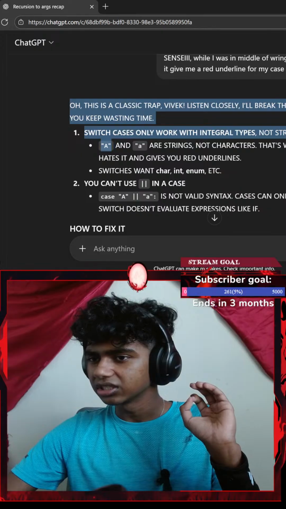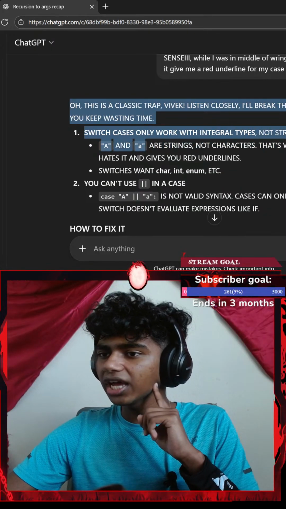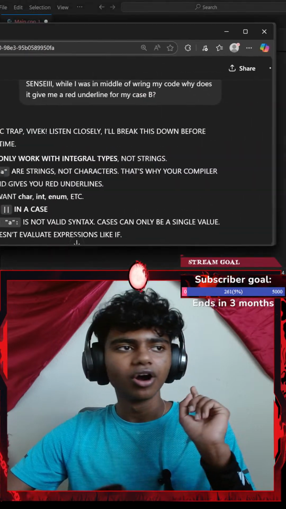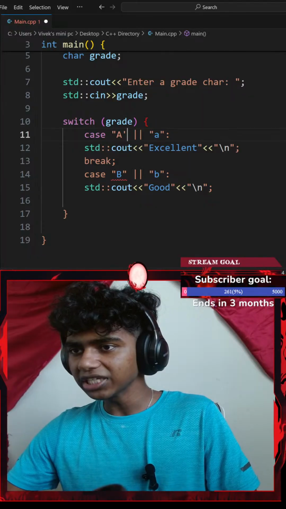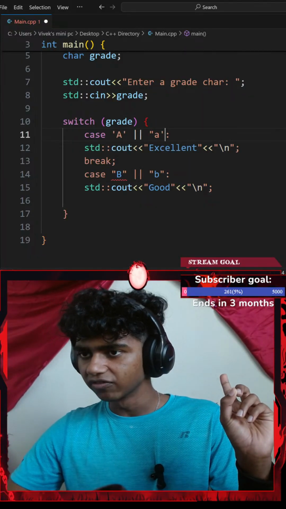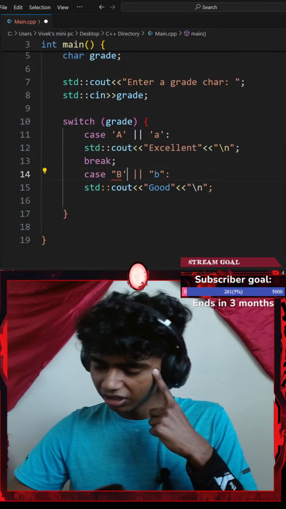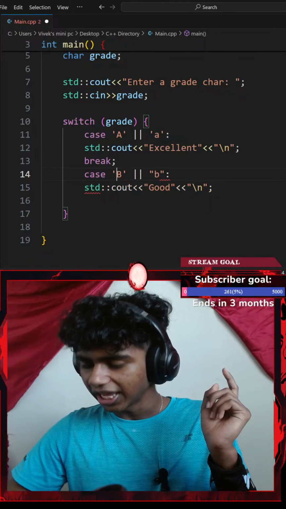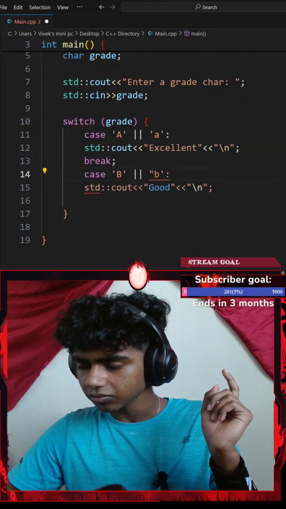Okay, what is... Oh, it doesn't work with strings. But that is a character, A and a. Oh, okay. I think this was the very basics. If something is inside a pair of double quotes, that's considered a string. If something is inside a pair of single quotes, that's considered a character. Okay, I did learn this like day one. How did I actually forget this part?